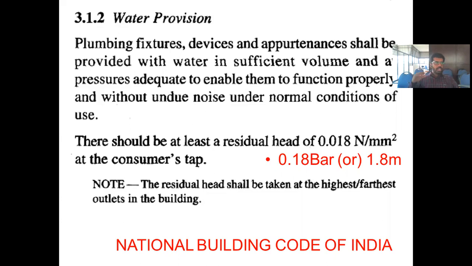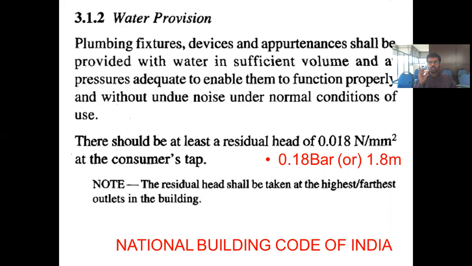So when we, as plumbing engineers, try to design or find out the size of a pipe, what is our aim? What are our concerns? We have to keep these in mind. The water should be in sufficient volume. If you are opening a tap, there should be a sufficient volume of water at an adequate pressure. It should not be very high pressure or very low pressure. It should be adequate pressure with a sufficient volume of water.